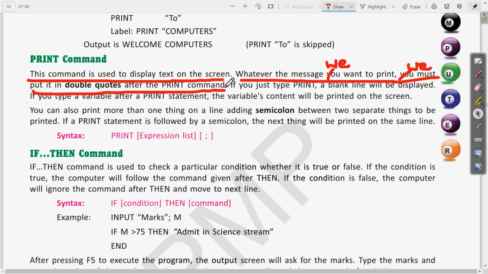Clear? This much is required to be written, and the syntax is here: PRINT expression list. So whatever expressions you want, you can use the PRINT and expression list. No need to write this semicolon. Clear? Only write this much, PRINT expression list. Okay, so this is the answer of